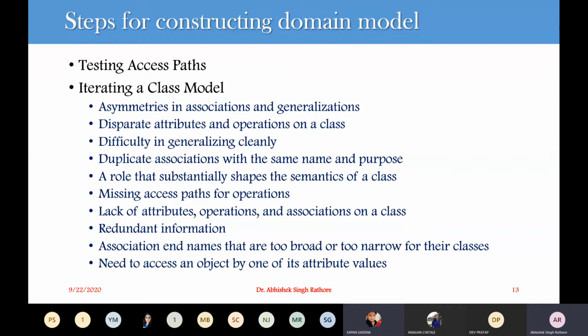Now, consider the multiplicity, like one to many or many to many. When we are considering many multiplicity, we have to pick out the unique path that is available. When we have a single one to one multiplicity, it means that you are getting a unique path. But when we have one to many or many to many paths, you can have a non-unique path. So you have to check which path is good for your use.